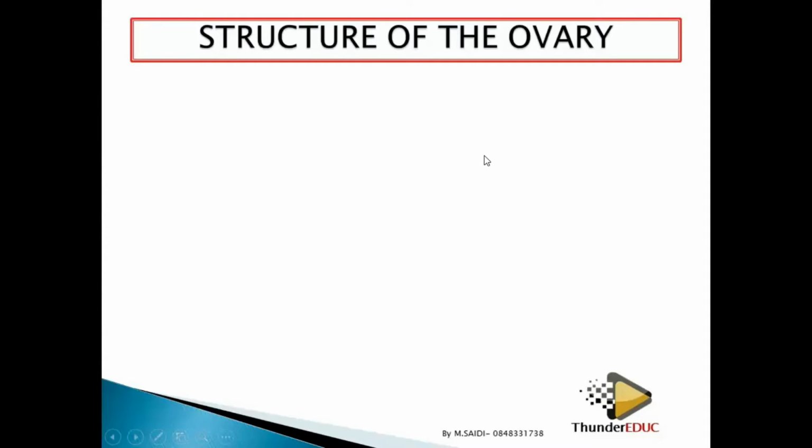Hello guys, today we are going to be looking at the structure of the ovary and the structure of the seminiferous tubes. The ovary is where ova are being produced from, and the seminiferous tubes are where the sperms are being produced from. And then we're going to link it to the structure of the sperm. How do we set questions concerning that? And then the structure of the ovum, and how do we set questions about that? From there, then we link it to the